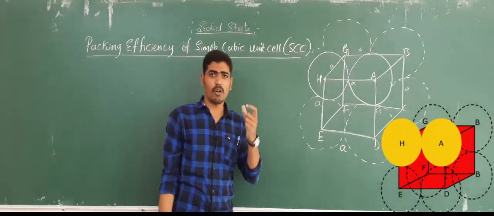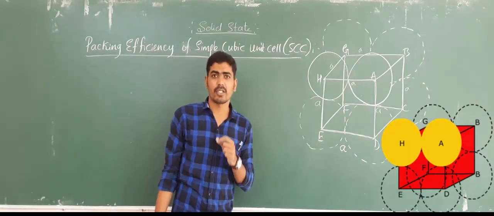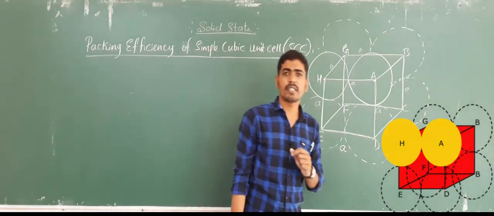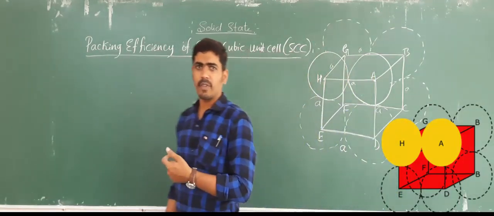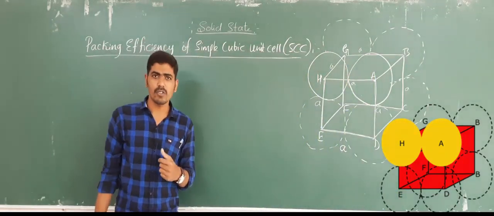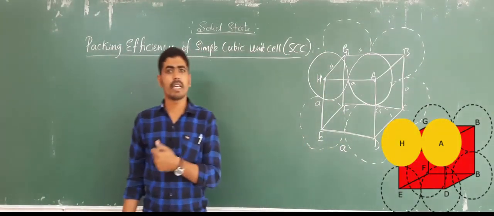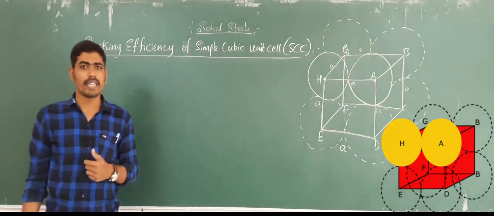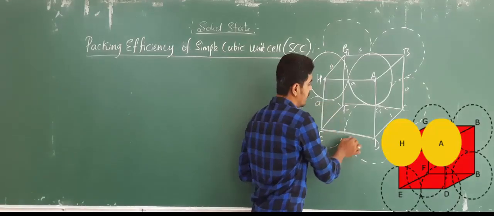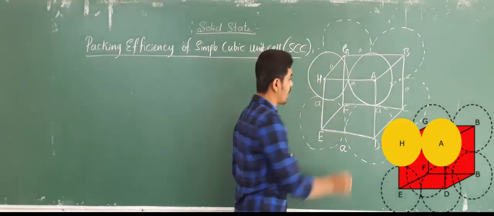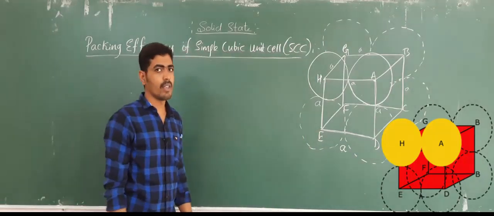Because as you have already studied while studying in Bravais lattices, the simple cubic unit cell has all the edge lengths same and axial angles are also same. So a is equal to b is equal to c, and alpha is equal to beta is equal to gamma is equal to 90 degree. Therefore, I have represented the edge length as A, and all the edge lengths are having the length A only.